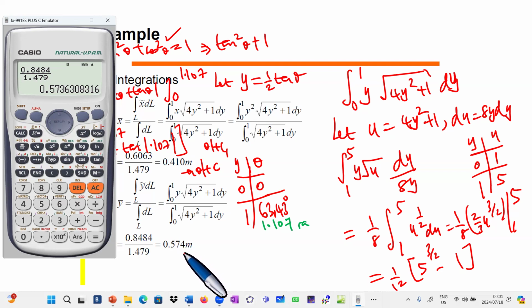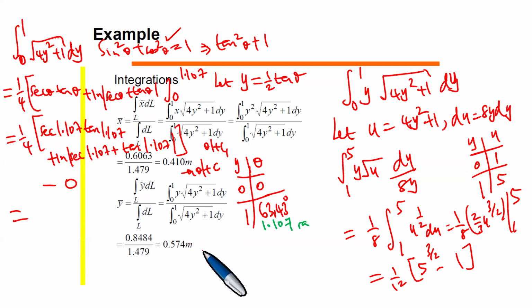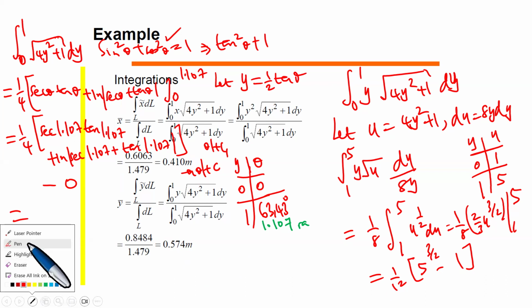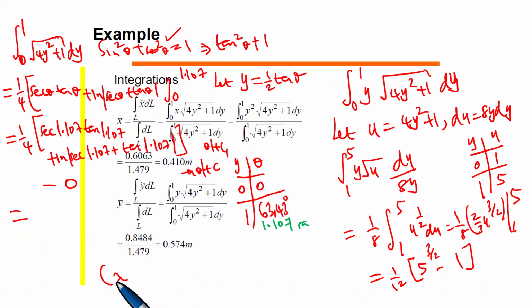Now, what are these things we're getting? These things we're getting are actual coordinates of the centroid. They are the centroid of a line, right? So in other words, the centroid of a line, which would be x bar, y bar, would be equal to,